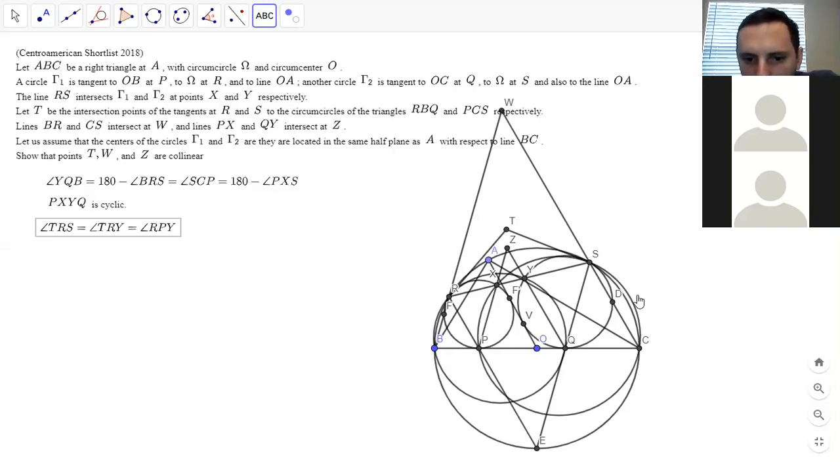How do we know SQ and BR are parallel? Oh, I think it's because SQ passes through E. Okay, so basically,